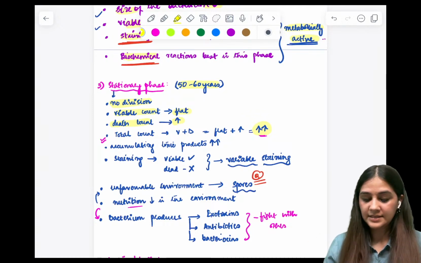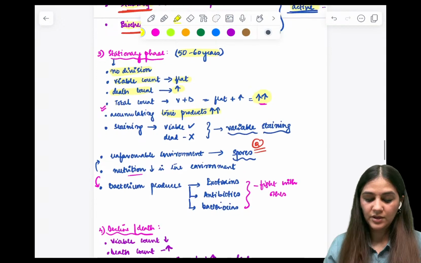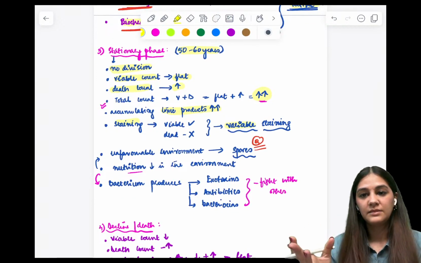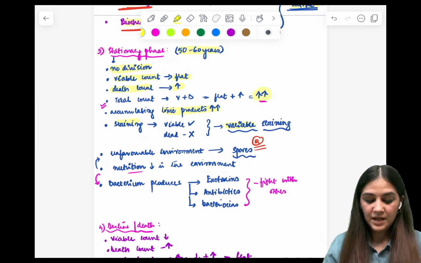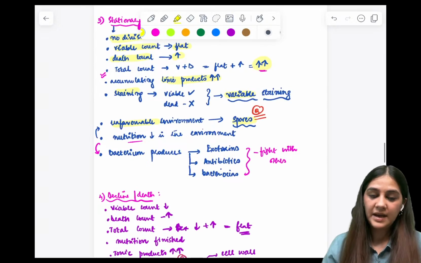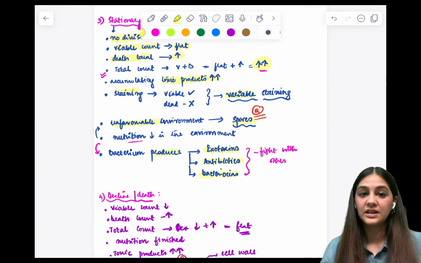And again, as I said, accumulating toxic products. So staining is going to be variable because some are dying, some are living. So variable staining. Unfavorable environment, so hence forming spores. And then the bacterium produces a lot of different exotoxins, antibiotics, bacteriocins, because it has to fight with others for nutrition